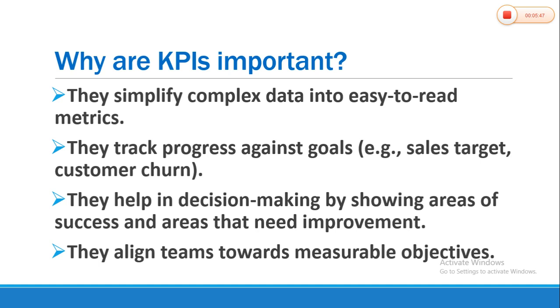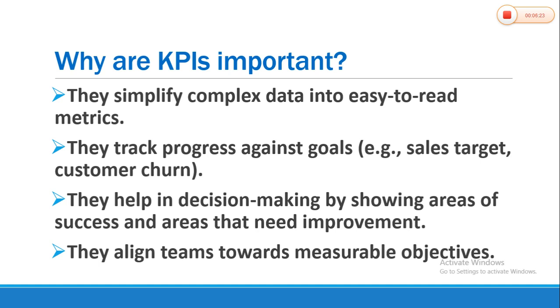He wants to know, okay, 200 million against our target of 300 million. So where are we? At what rate are we running? These are questions you need to ask yourself as a data analyst, right? So they also track progress against goals. Like I said before, there are sales targets. They want to know the customer churn, people that have stopped using their businesses, people that have stopped using their services, people that have stopped patronizing them. These are customer churn, right?